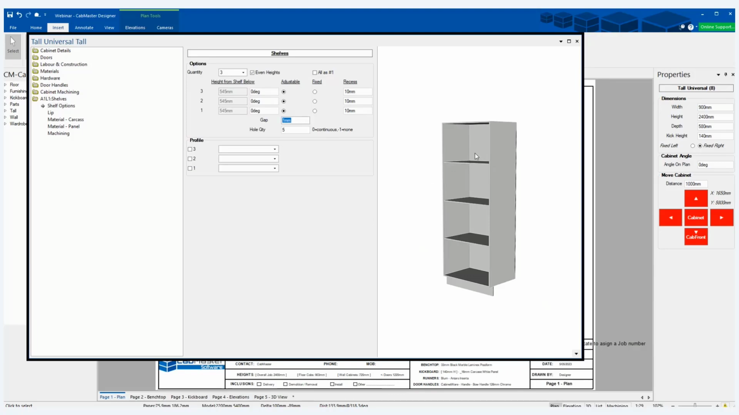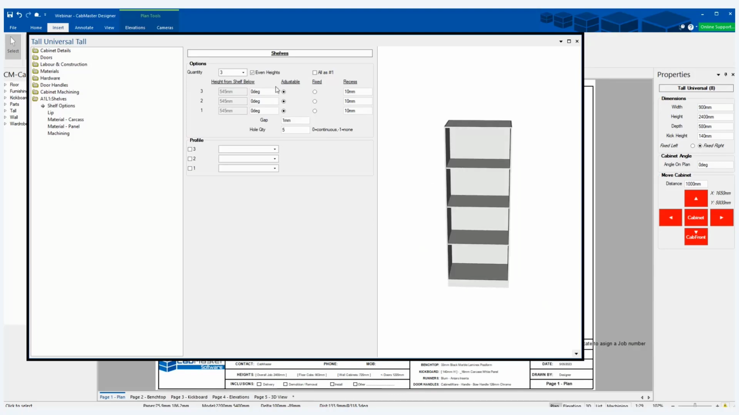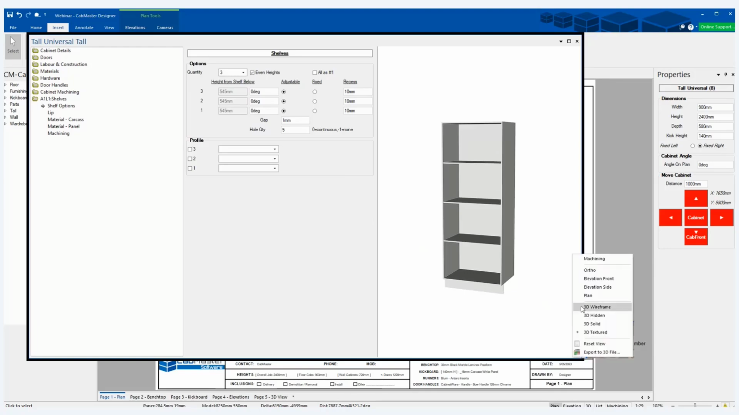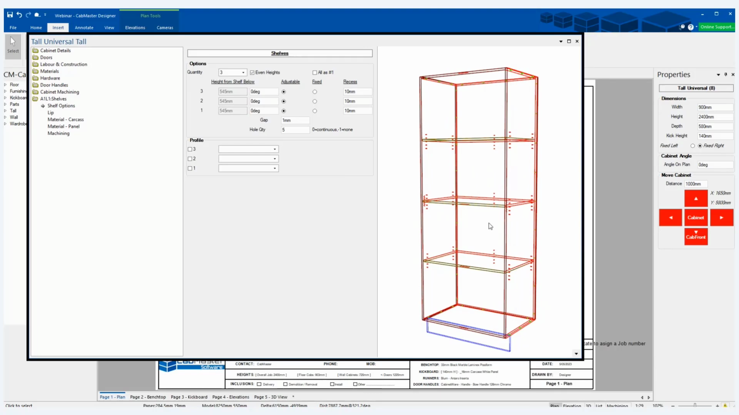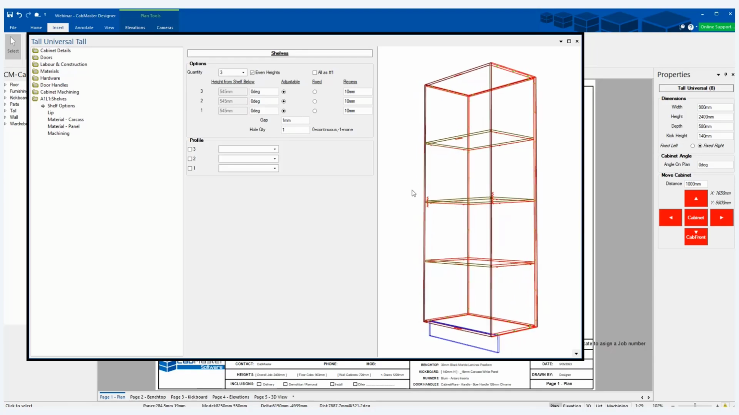The gap. So currently, because it's an adjustable, of course, you have your gap either side. That gap is 1 mil either side. This is best seen in 3D wireframe with machining on. The hole quantity, 0 is continuous. 1 is, of course, 1. If we go back to 0,